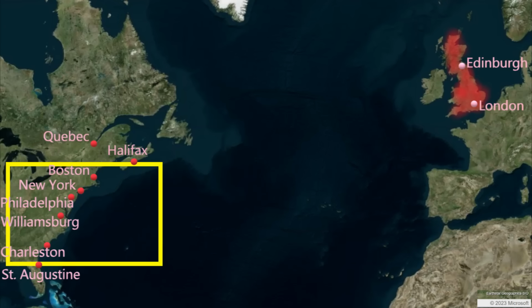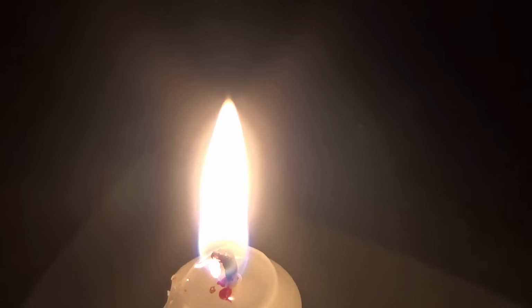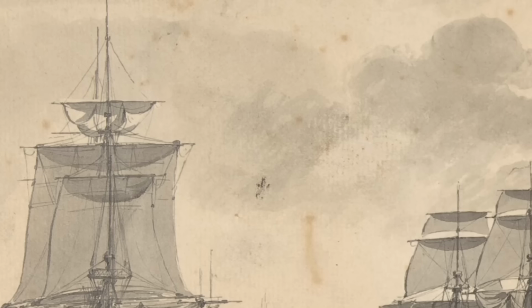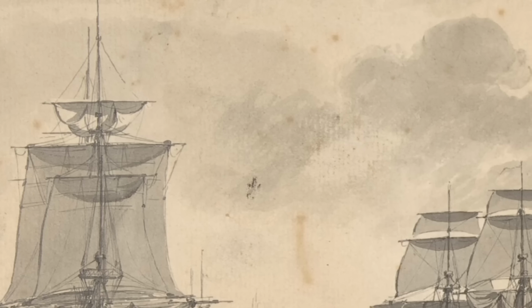We will zoom back into the colonies. April 1763. George Grenville becomes the first Lord of Treasury in Britain. His administration will focus on recouping the costs of the French and Indian War. Britain will move to refund its war debt. The most logical starting point is the enforcement of customs duties for Atlantic trade goods. The Royal Navy is granted authority to enforce the customs duties. The number of British warships increases in American ports.